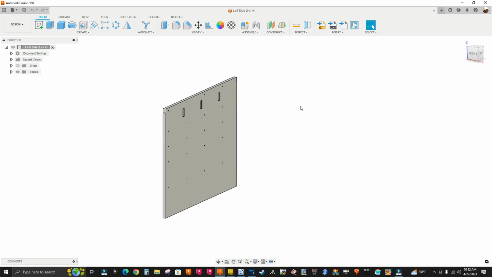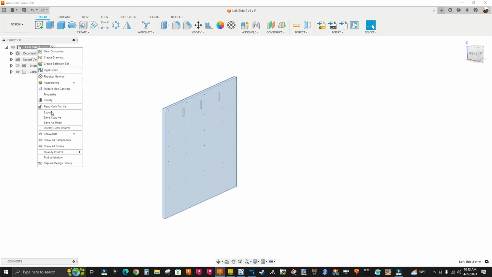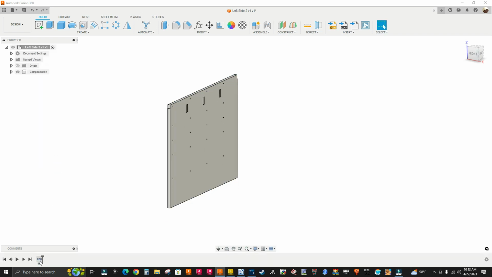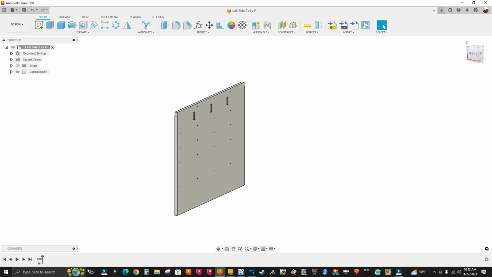So before that I'm gonna have to select bodies. I'm gonna right click, create components from bodies. That's my component, all right. And I'm gonna right click and select capture design history. Now I'm gonna have a timeline down here, okay? Just in case I want to make changes, I want to go back to that feature and edit it, okay? But for now, before I go straight to manufacture,